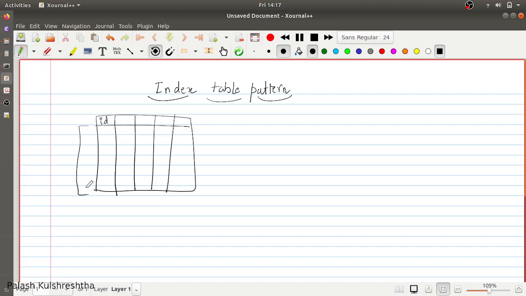The database stores these keys and knows where to find these IDs. Whenever you give ID equals 1, the database knows where this ID is present, and it does not have to traverse all the rows or all the data to find that ID.